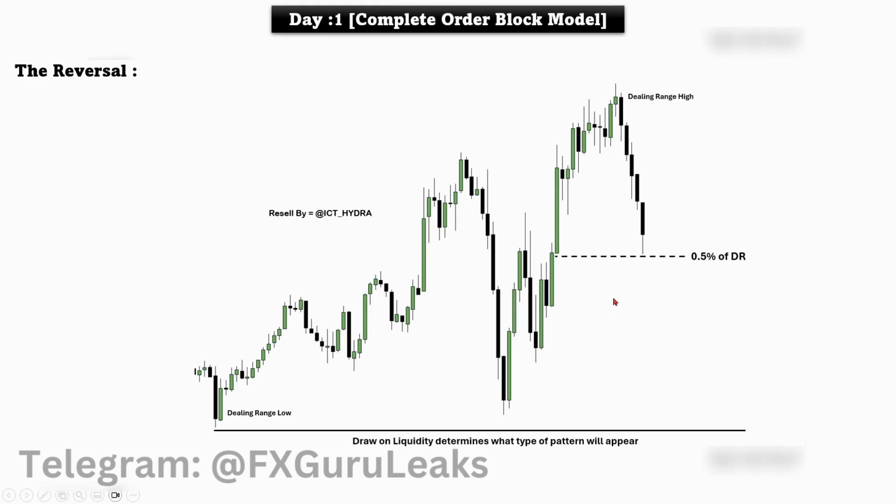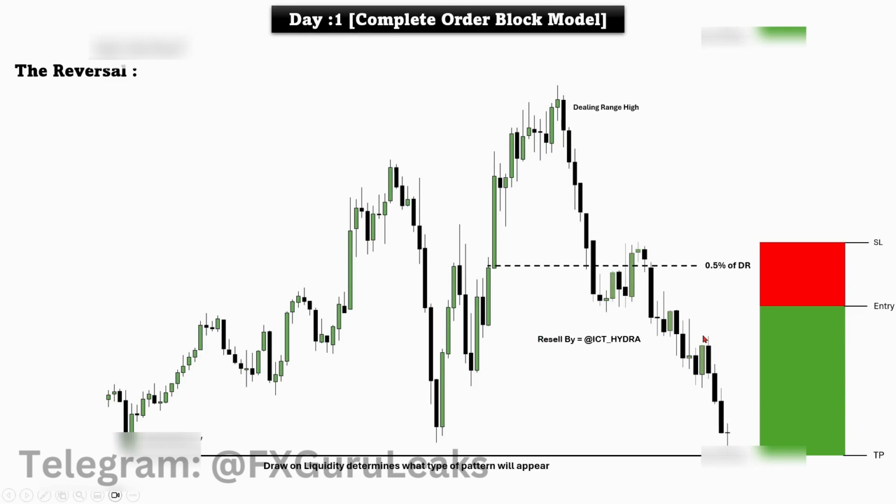So I hope you guys understood. This is a very important takeaway from this lecture. Draw on liquidity determines what type of pattern will appear. If you want to look for a trend continuation pattern, then go and find out where the DOL is. If the DOL supports a trend continuation, then you know what to look for here, right? So now let's take a look at our next slide,